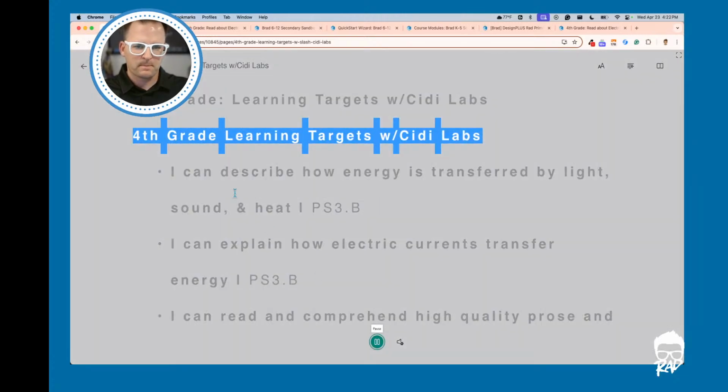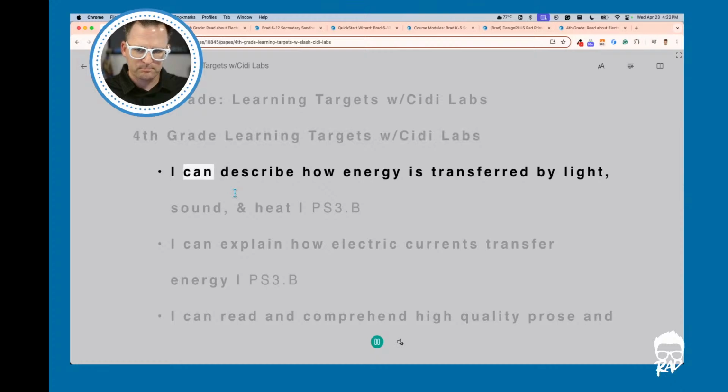Grade learning targets with Cidi Labs. I can describe how energy is transferred by light,